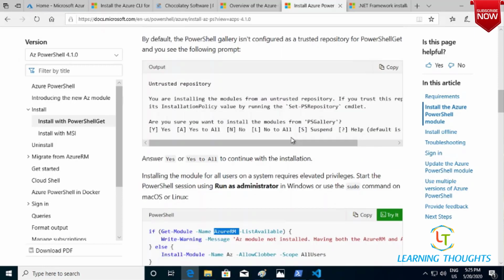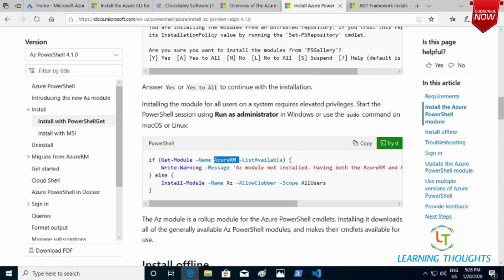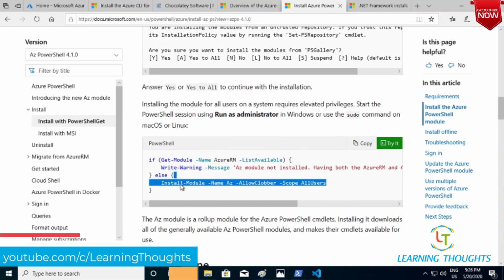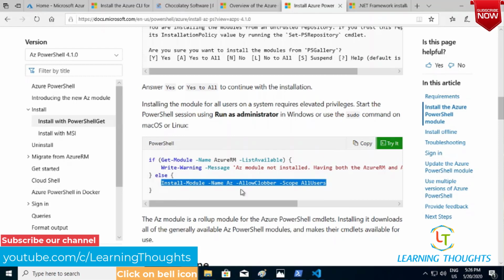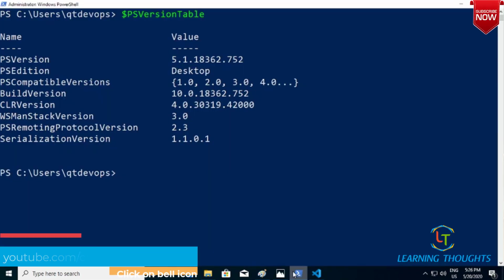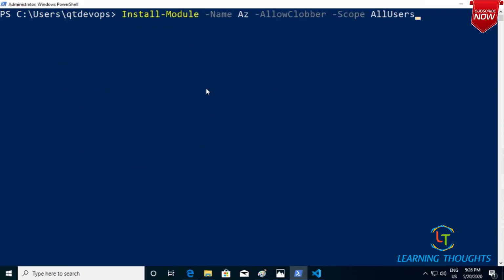So it is a better idea to uninstall AzureRM and then install Az. But since we are doing our setup newly, we might not have that problem. So I am basically copying only this part, but running or copying this whole command also will not be anything troublesome. Okay, so let me do this.